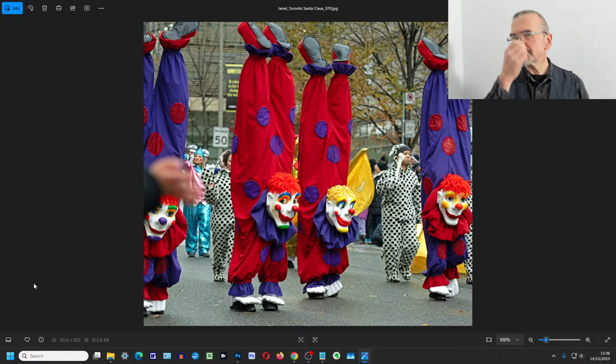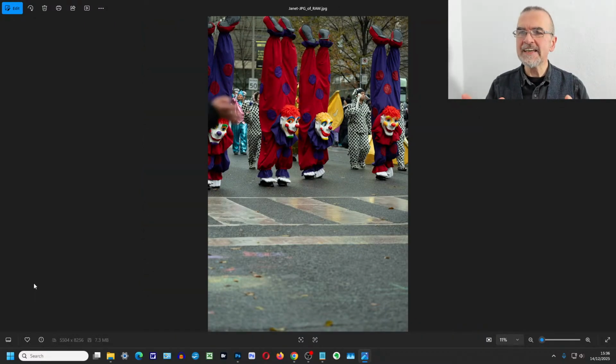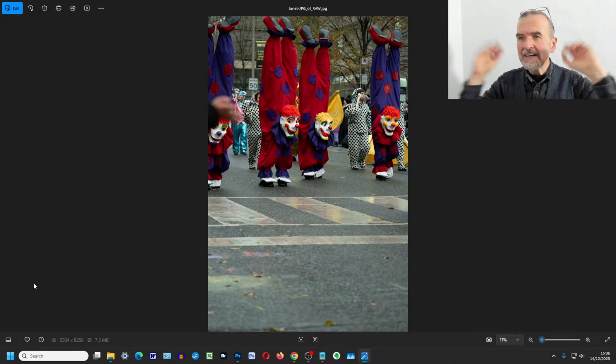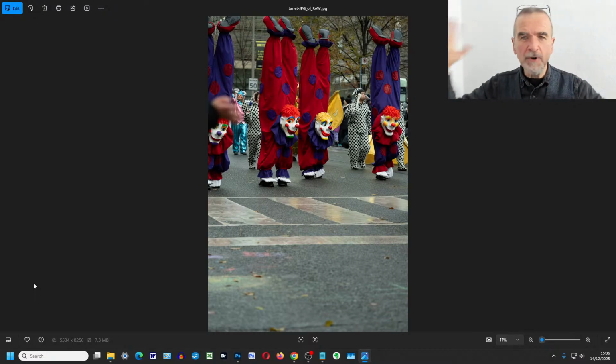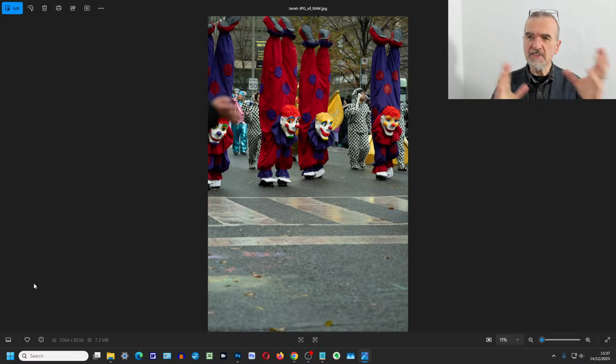Okay, so what we have here then, let's go back to the original. So this is the raw version, the uncropped version. And so you're at the parade. There's all this stuff going on. Noise, music, people, explosion of colour. You've got your camera, snap, snap, snap, snap, snap, trying to grab what you get. Along come these characters, amazing clowns, look like they're walking on their hands. Probably somebody there with costumes done slightly that way, so they are kind of walking upright, but it's fun. A lot of fun. So how do you capture it?